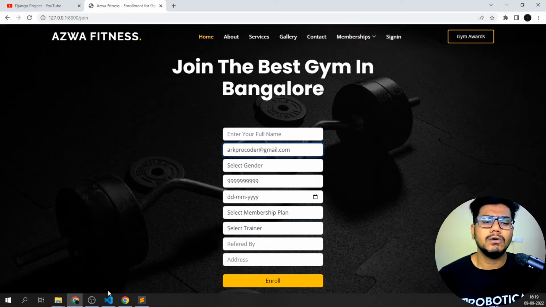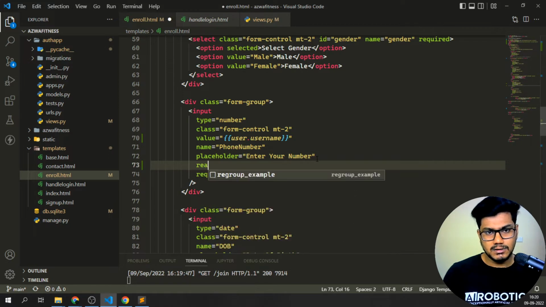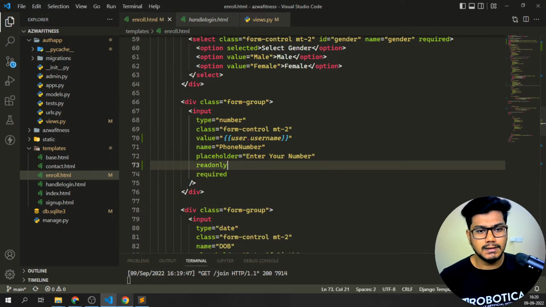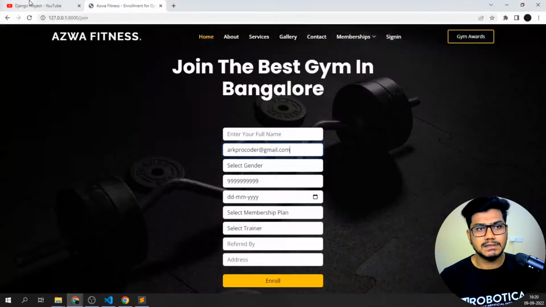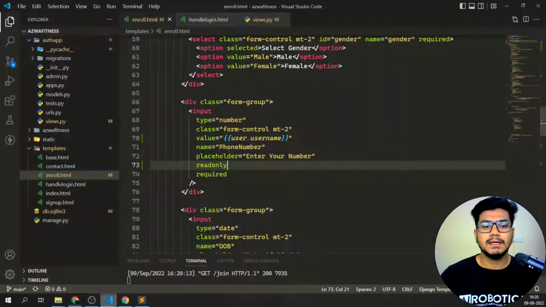So I don't want to give the edit access to them. So I can just tell here read only. Let me check whether it will work or not. If I tell read only for the username, let me check. So you can see I cannot edit it here. I cannot edit the data. I can just read the data from it. Same way for the email